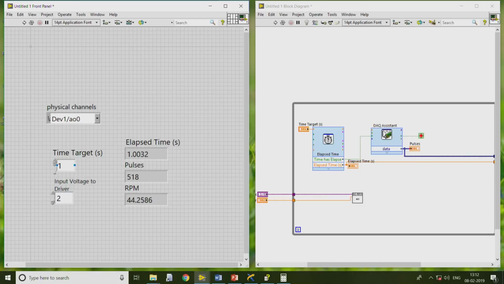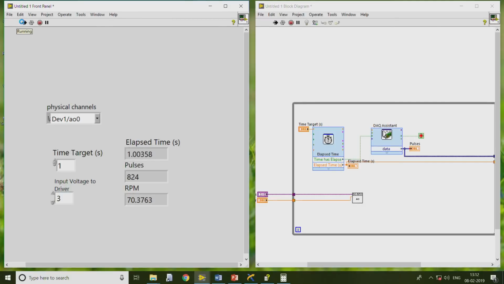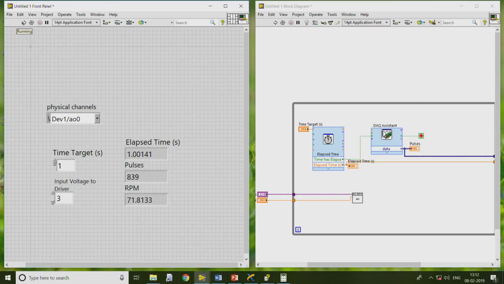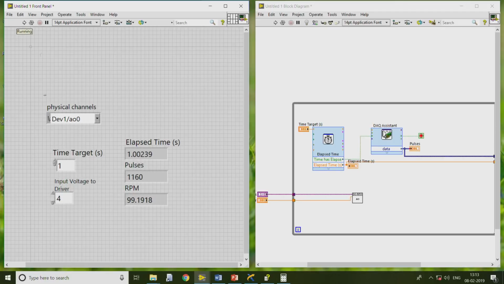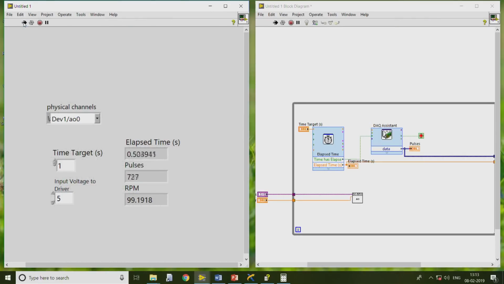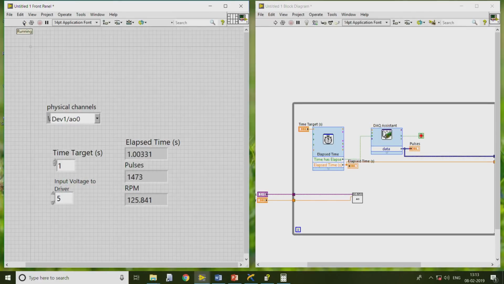For 3 volts we are getting somewhere around 72, whereas for 4 volts it is 99, and for 5 volts it is somewhere around 125, 126.